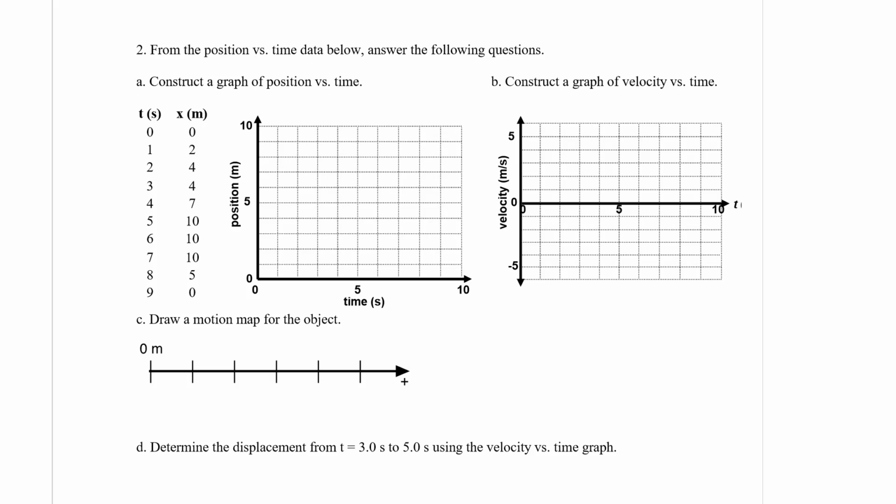So hit pause or stop and then come back when it's all done. All right, so here is our position versus time graph. To make the velocity versus time graph, we have to look at each of these different segments. The whole thing is in constant velocity, but we can think about each segment as a separate section of constant velocity. So the first one has a slope of 2 and it's going uphill, so it'll have a positive 2